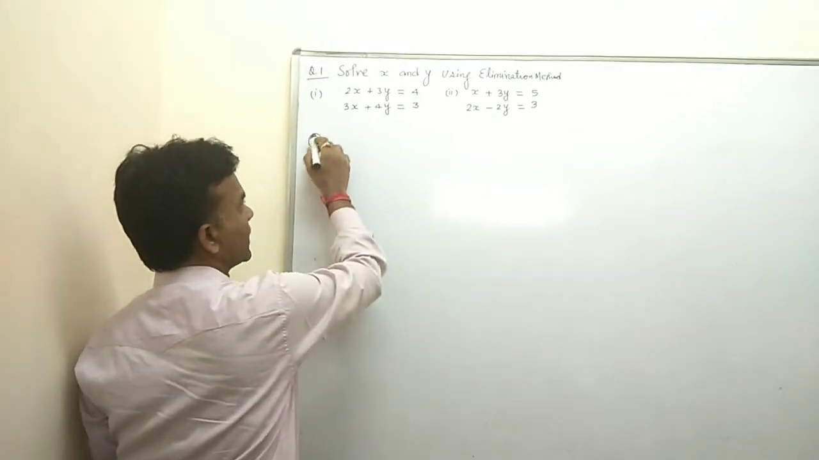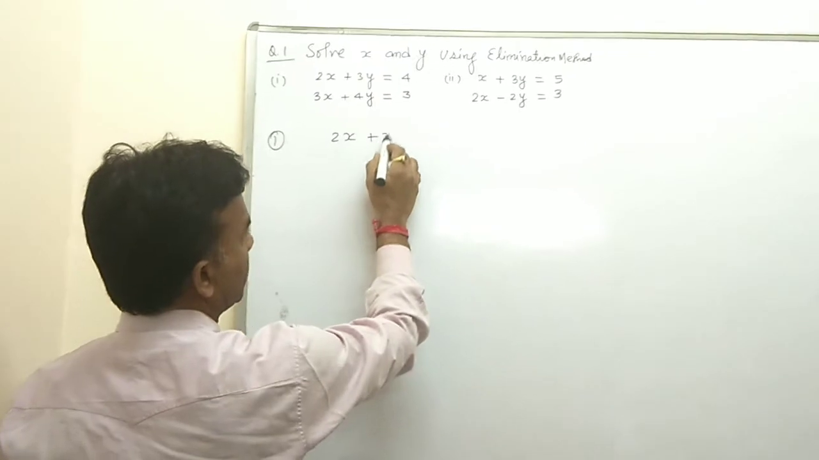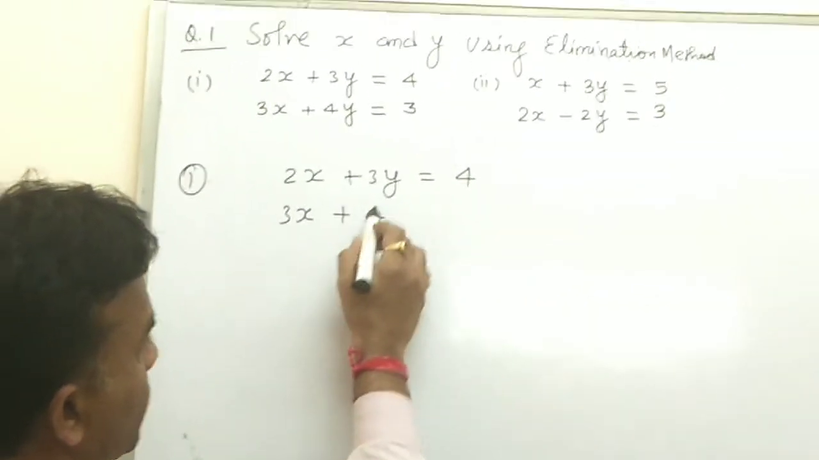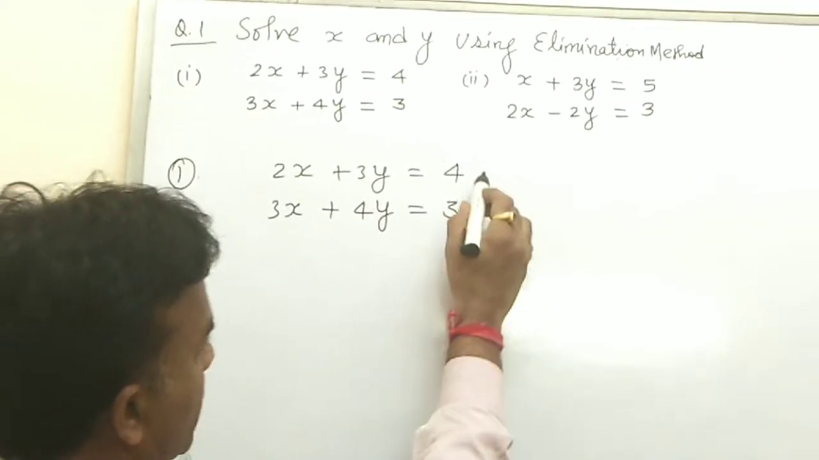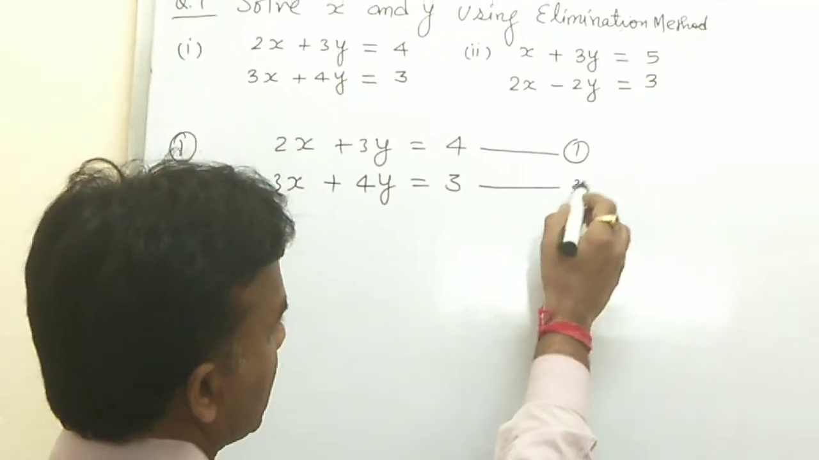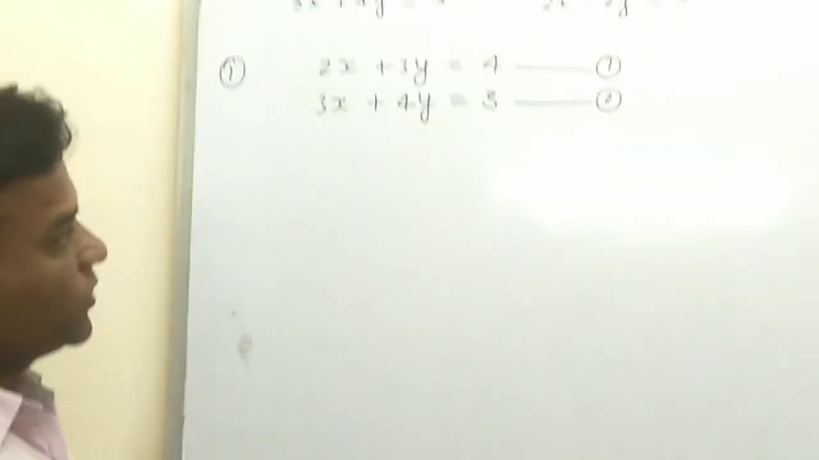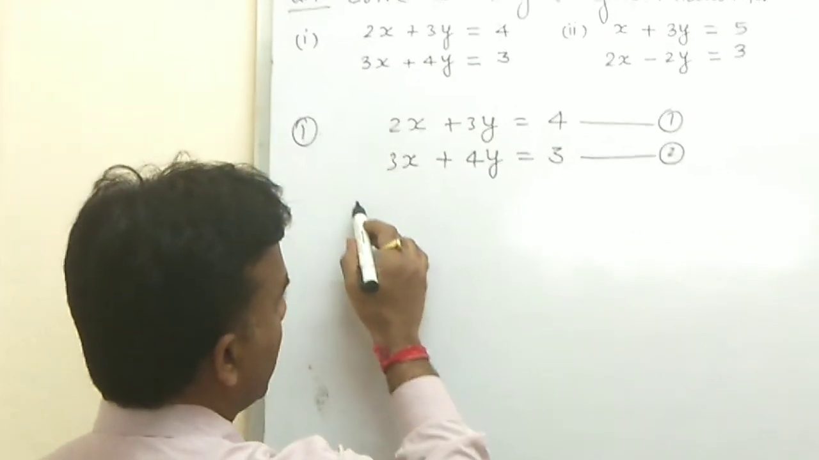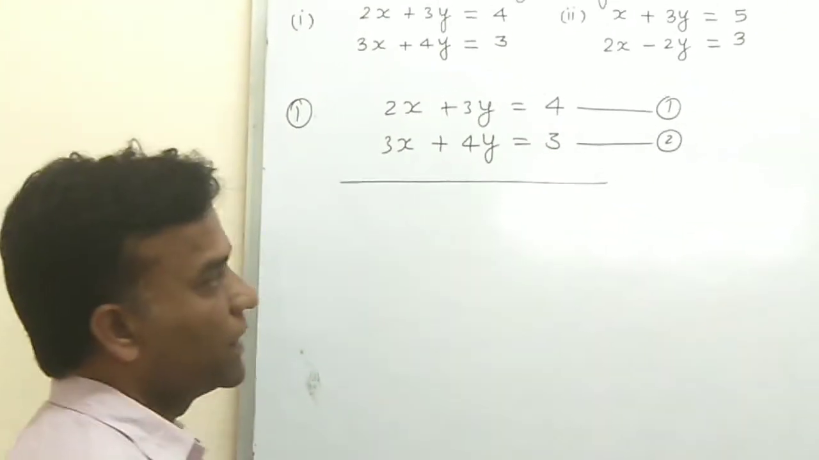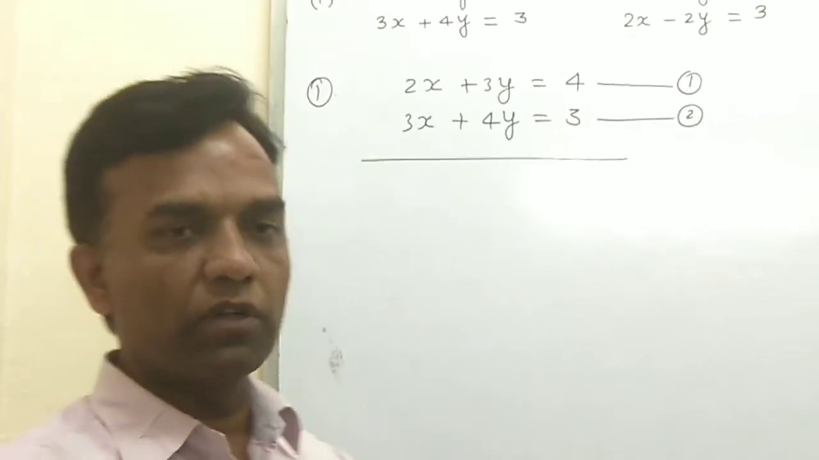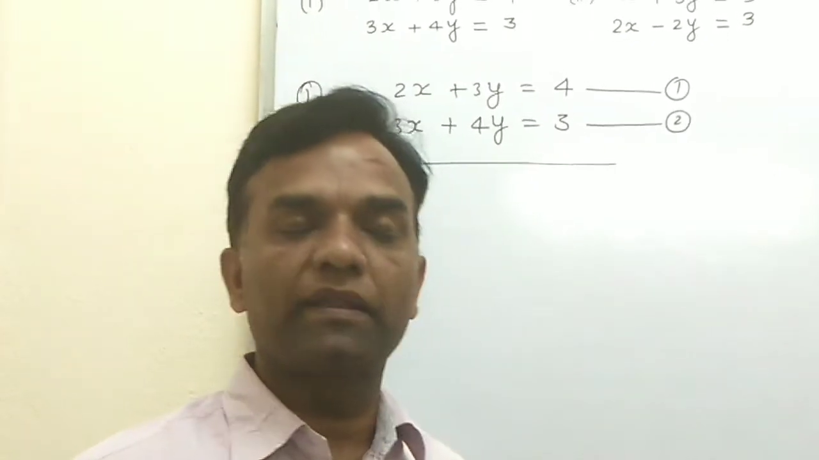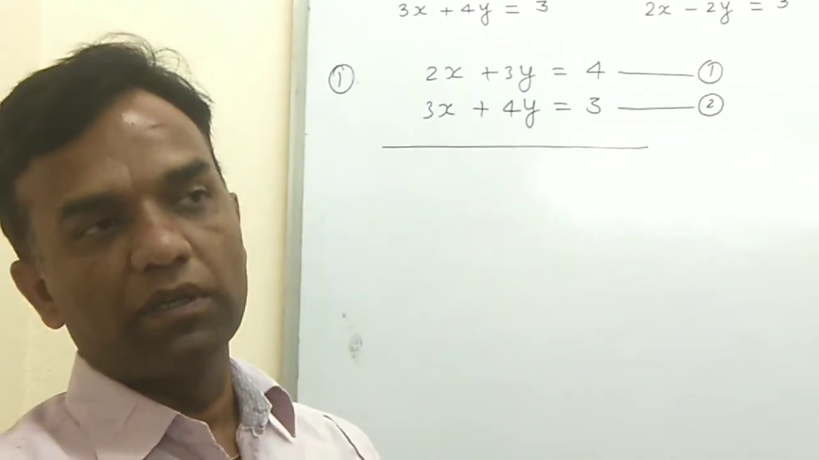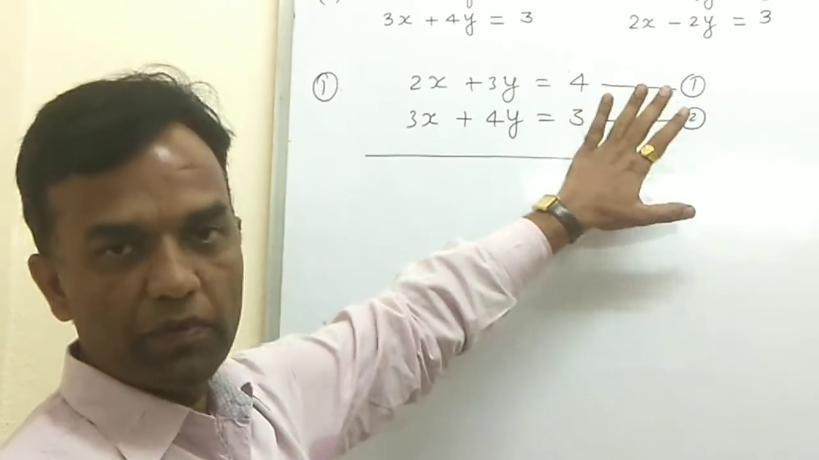So we write down the first question: 2x plus 3y equals 4, and 3x plus 4y equals 3. You call this equation 1, and similarly you call the other equation 2. So there are two equations. Now, suppose you want to use the elimination method; in general, I also discussed the points. So I will explain again: if you have the questions and you are naming equations 1 and 2,